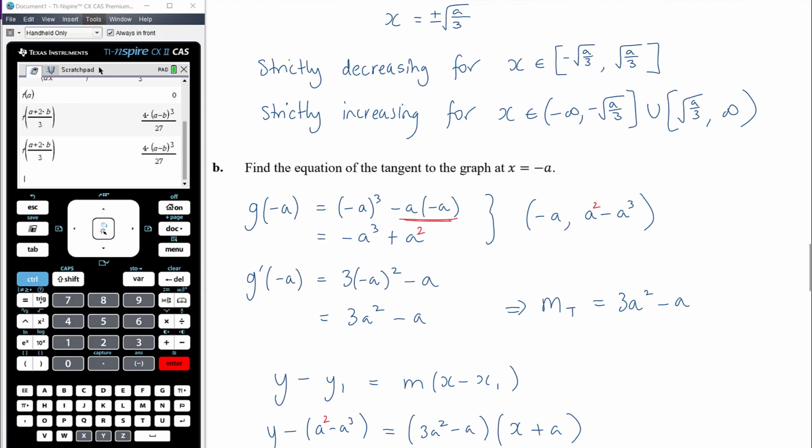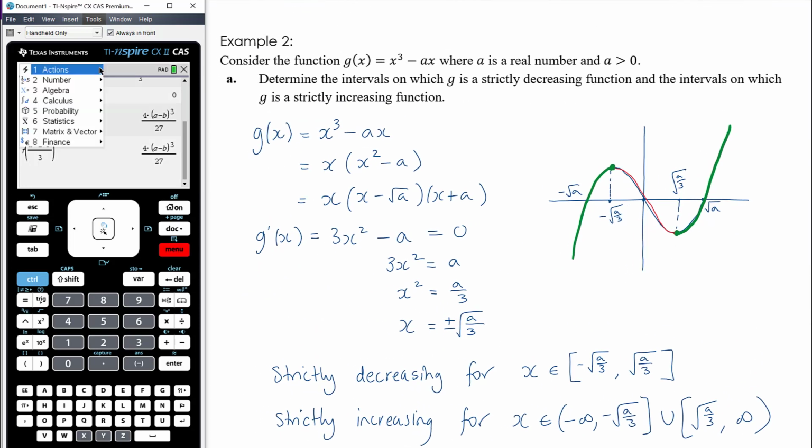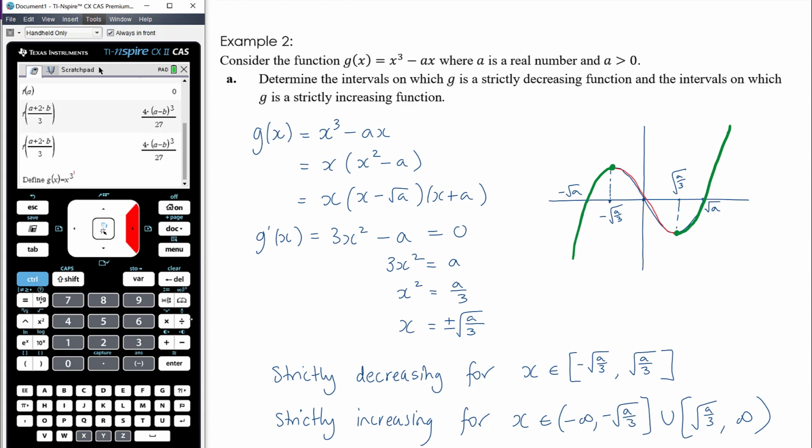Sorry. Okay, again, let's quickly run through how the CAS would help us here. So we are looking at defining our function, defining g of x equals x cubed minus ax. Now be careful with definitions like this, you need to make sure that you type a times x, otherwise it doesn't read it as a product, it just reads it as one variable called ax. So defining your function, and then the derivative of your function, so derivative of g of x